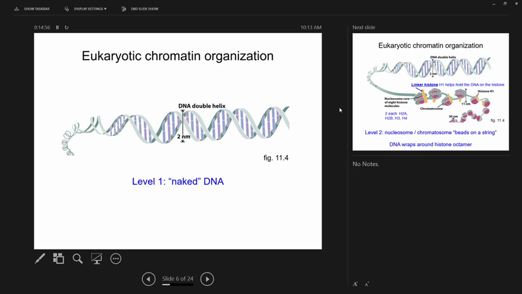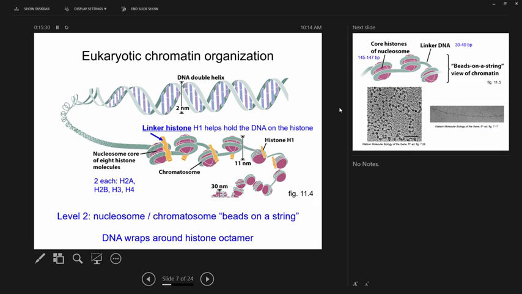So level 1, naked DNA. This is if you take DNA out of a cell, you extract the DNA with phenol chloroform, which is a lovely smelling compound or mixture, and you get DNA that is away from all proteins. The double helix is about 2 nanometers wide on average. The first level of higher organization is going to occur when you wrap this DNA around a complex of proteins